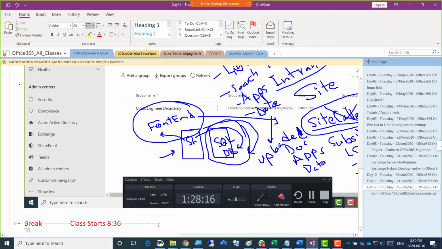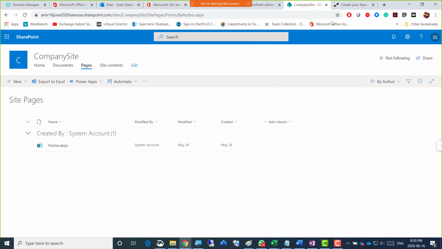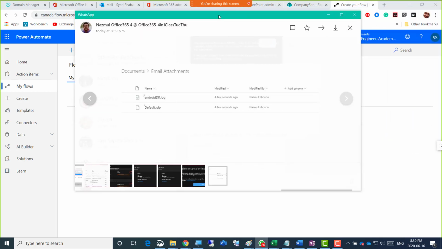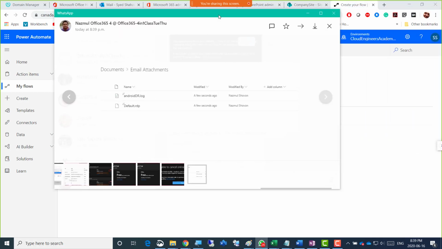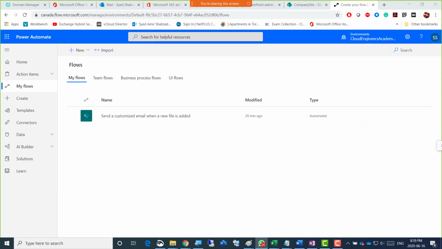Now, okay, so here we'll carry on with what we were doing. Okay, guys. So here, Nazmul says that if you go for a specific user, then it is working for you. So this template is also working for Nazmul, so that's good. And thank you for sharing, Nazmul. Email attachments work for me from a specific user. Okay, not from the admin, but from a specific user, it is working for you.